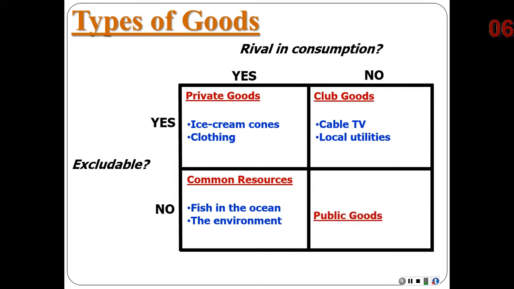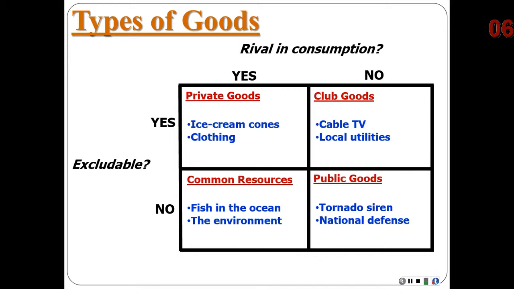We're also going to look at the case where something is not rival in consumption, nor is it excludable. These are public goods, things like a tornado siren, right? Tornado sirens are not rival in consumption. You hearing the tornado siren doesn't prevent someone else from hearing it, but it's also not really excludable. Imagine someone trying to start a business, building a tornado siren for a city and basically charging admission, saying,